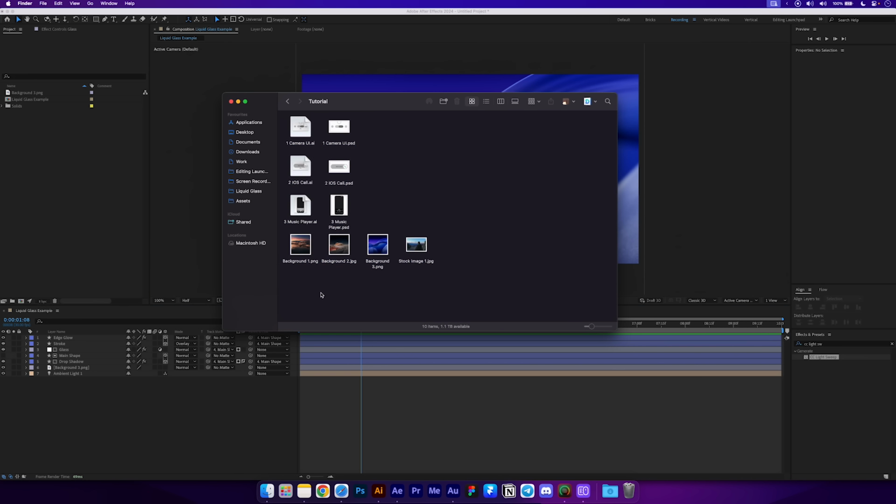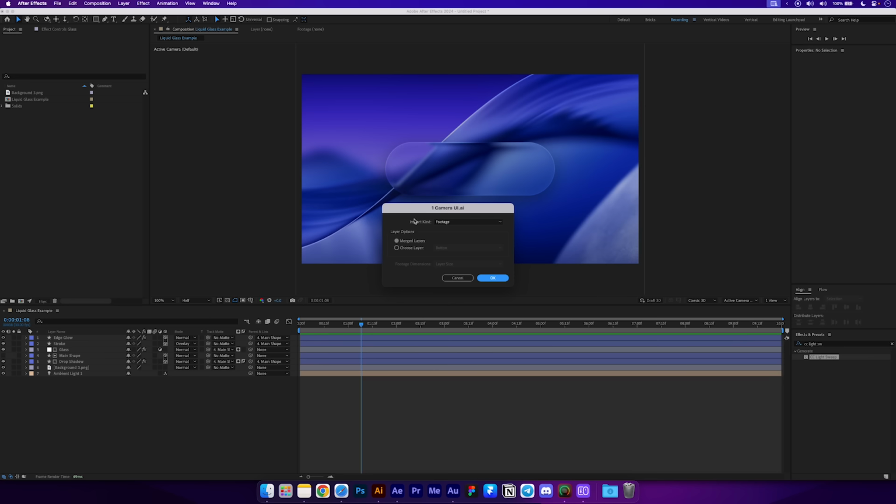And here are all the assets. We've got AI files and PSD files so that we can replace the text. Let's start by importing the Camera UI AI file. So I'm going to drag it into my project panel. I'm going to change the import kind to composition so that we get access to all of our layers, and then hit OK. Then we can group this up into a folder, and I'll just name that one Camera UI